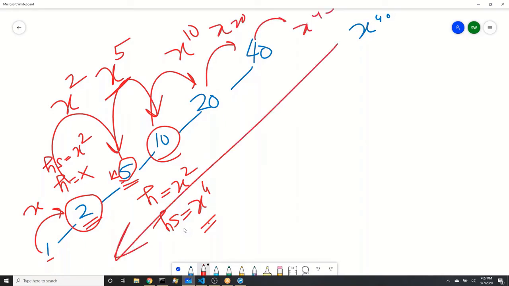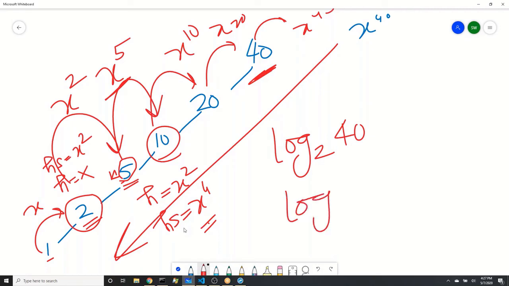Since this recursion tree works on half size only, one side only, the depth of this recursion tree is actually log base 2 of the power, which was 40. Now, how will you express it? How will you express 40 as a power of 2?